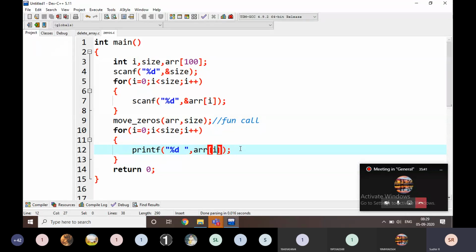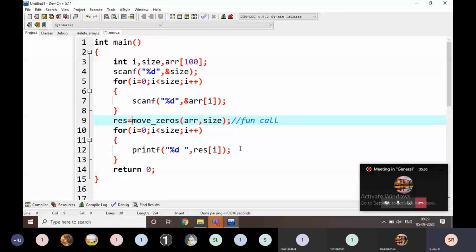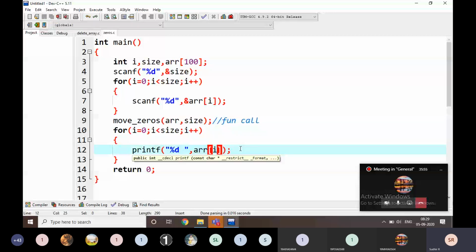For example, if here I write one more thing, a result array, then it is going to be written something like this, and only then I am going to print. But here the output is going to be printed with arr of i. That means we are doing the operations on the same array. Okay, what way are we going to do it?